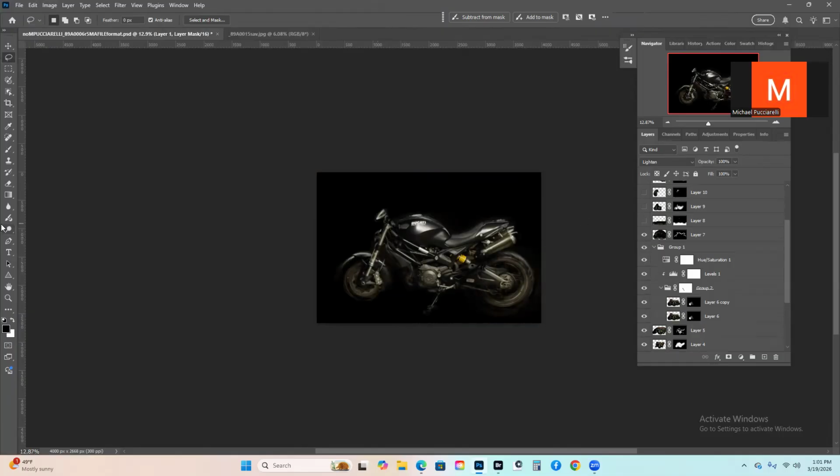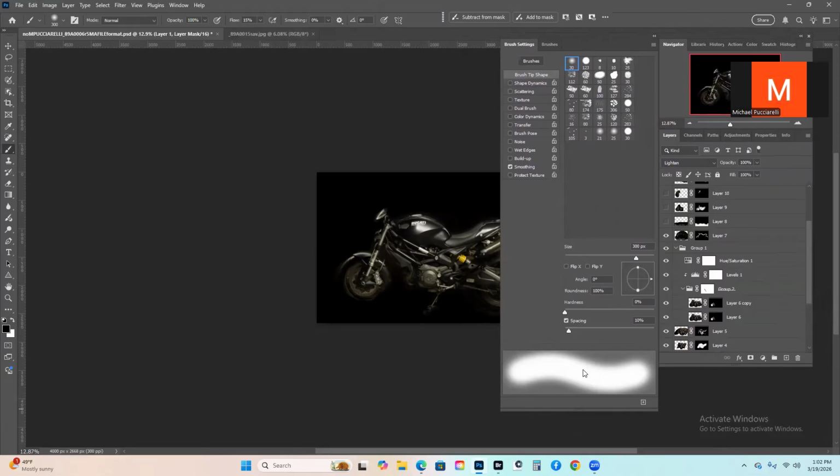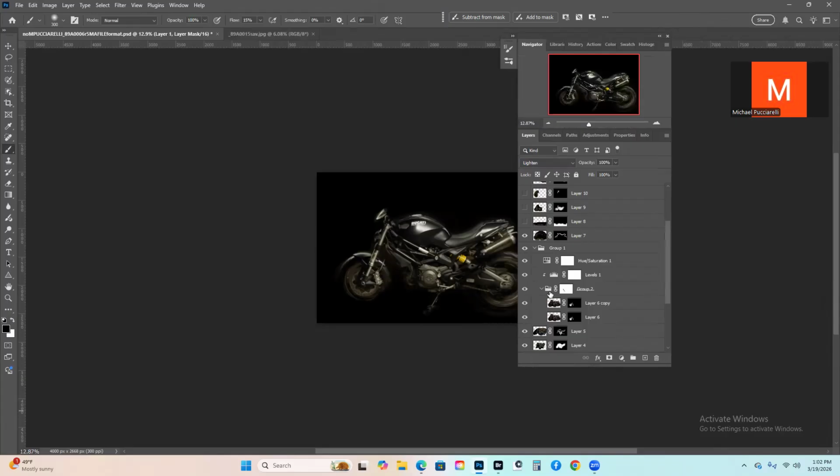And so I'm going to talk about the brush when I paint that. My brush setting is a very soft brush. For the spacing, you want a low percentage. You could do all the stuff like cool graphics, but we're just painting with a light brush and light painting. It's a soft brush, the hardness is 0. So you always want to be using a soft brush. And you always want to be painting,